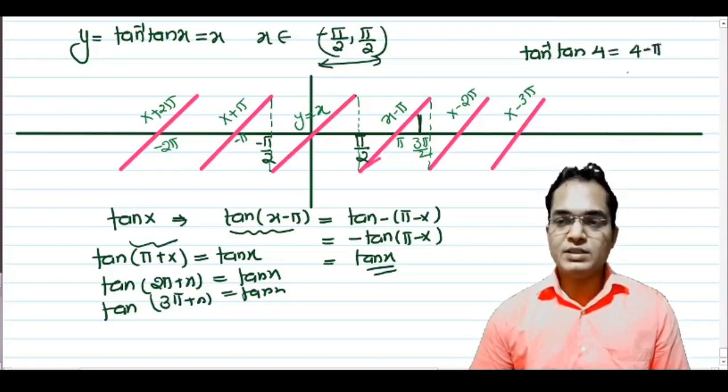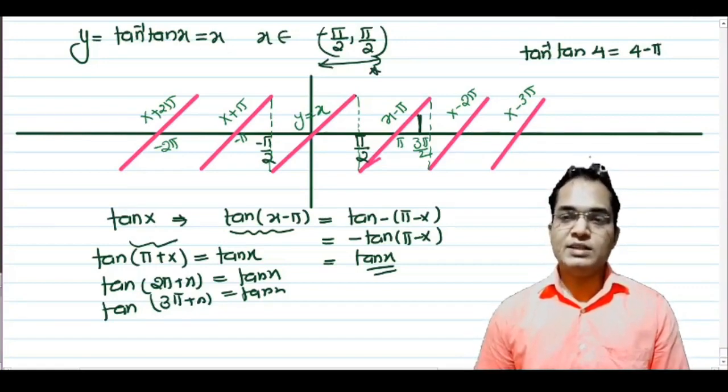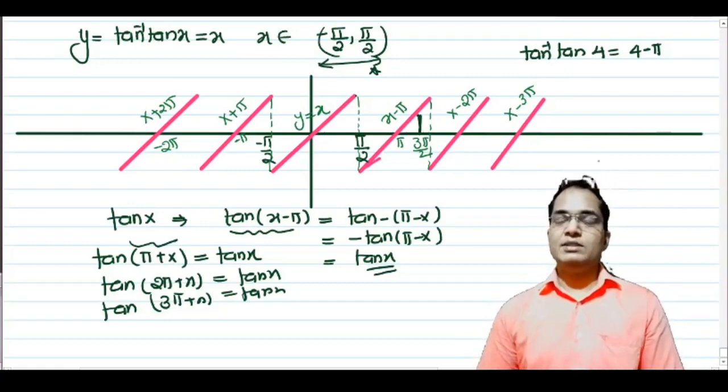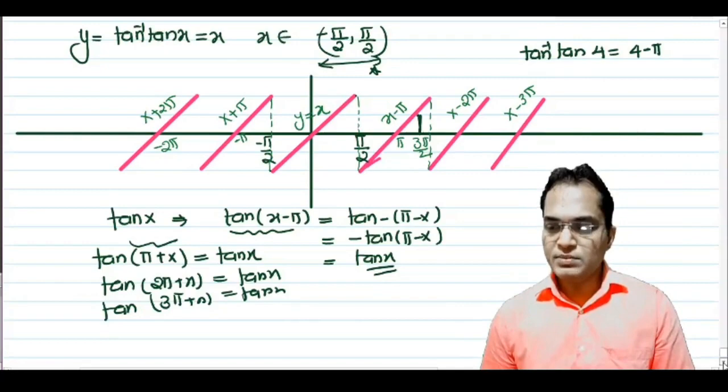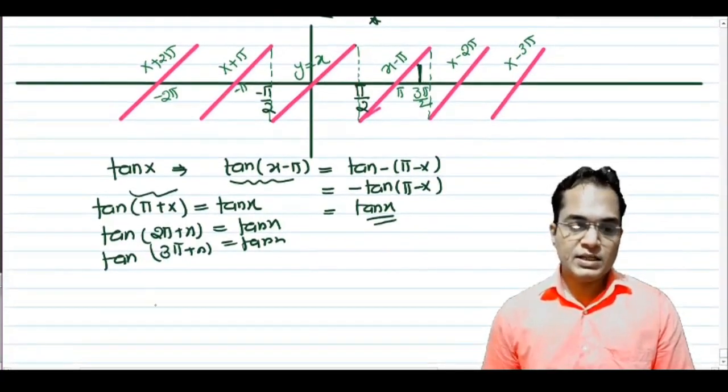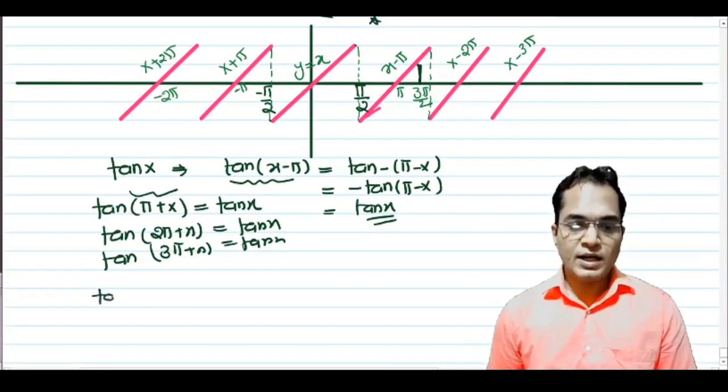And solve it. Does 4 minus pi lie within the interval or not? Yes, it lies within the interval. That's why tan inverse tan 4 is 4 minus pi. Got it? Similarly, if somebody asks me what is the value of tan inverse tan minus 3, then what